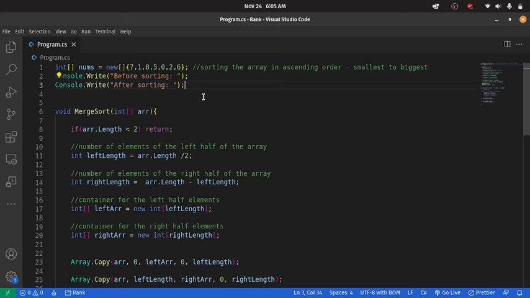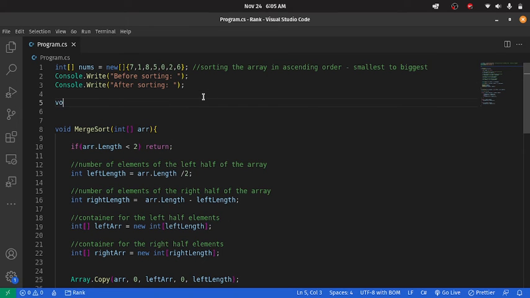So we need a function to print the array so that we don't use two loops, we just use one loop and recall the function. So we're going to say print array,